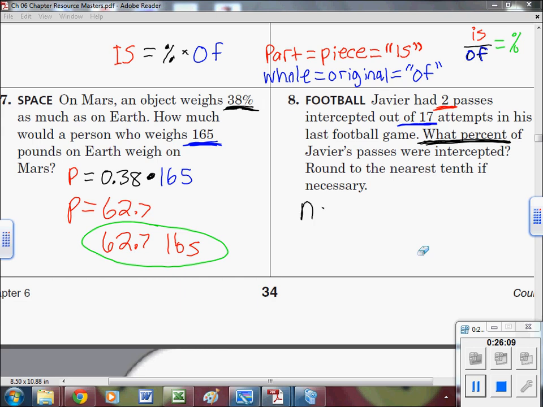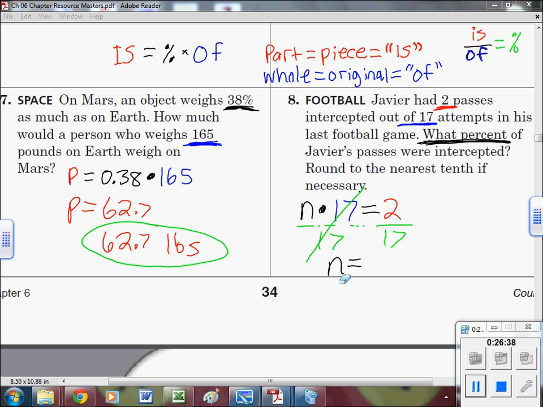So now we do not know our percent number, so I'm just going to say n times our whole number, our original, our of number. That one we do know, 17. That is going to equal our is number, or our portion number, 2. So now solve this equation, use your equation skills. To get rid of times 17, you do that by dividing by 17. So divide both sides by 17. They cancel on the right side, and you're left with n equals, now use your calculator,